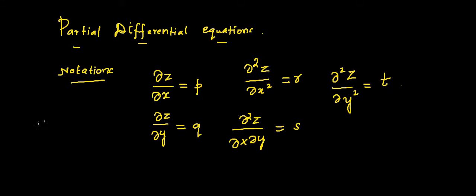For example, when we have z as a function of x and y, and we are going to differentiate partially with respect to x or y. So when we differentiate it partially with respect to x, y will be a constant, and when we differentiate z with respect to y, x will be a constant. That is called as partial differential equation. Since we have got both variables in a function, we are differentiating it, keeping one as a constant and the other as a variable. So that is called as partial differential equation.